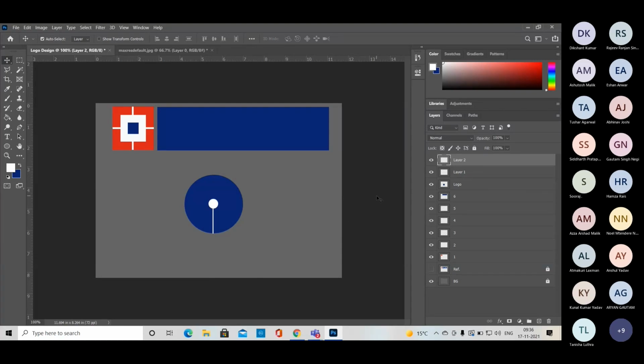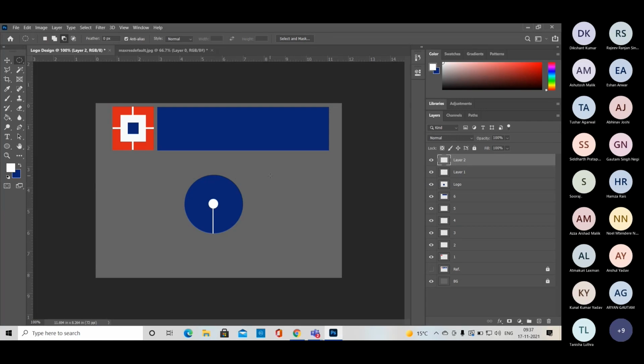Right, so can anyone tell me which logo this is? SBI. Sir, SBI Bank's. SBI, sir. SBI's, right? So there are many logos that are made with very basic tools and basic shapes. You guys have to understand that, and search out these kinds of logos, and try to draw them with a few tools like the rectangular marquee tool and the elliptical marquee tool. We can do it with a very creative design also, but we need to understand how to use the tools.